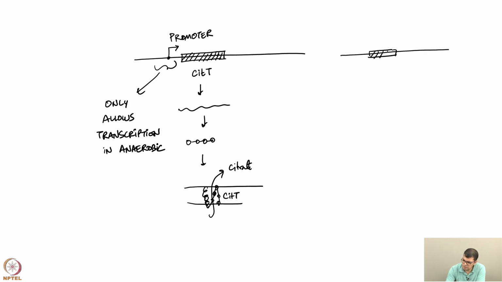So, now this evolved strain has 2 copies of CitT, and via this duplication event, in one copy its expression was driven by the CitT promoter,